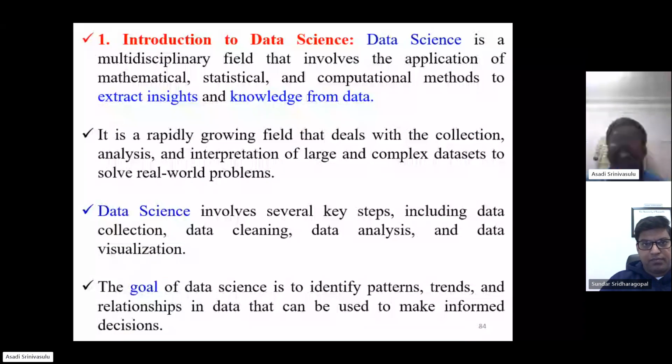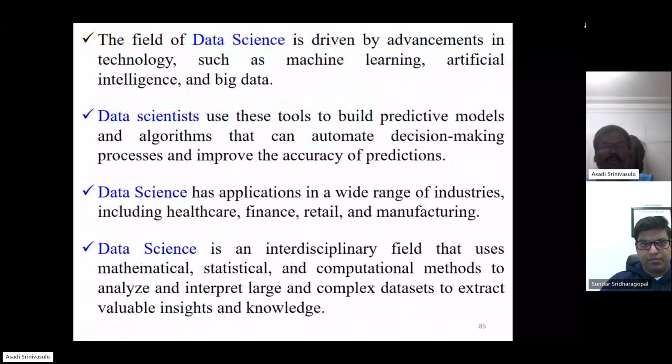the data science. Okay, so you are well versed with the data science definition, no need to explain again and again. We are extracting meaningful, interesting patterns from a huge volume of data by applying various statistical, AI, and machine learning techniques. The goal of data science is to identify patterns, insights, trends, meaningful data, and relationships between the data that can be used to make informed decisions. How can I increase my business based on the predicted values? That's why data science plays a vital role.